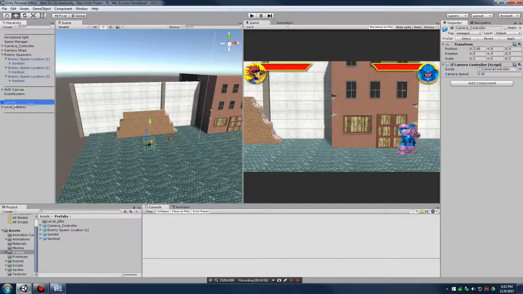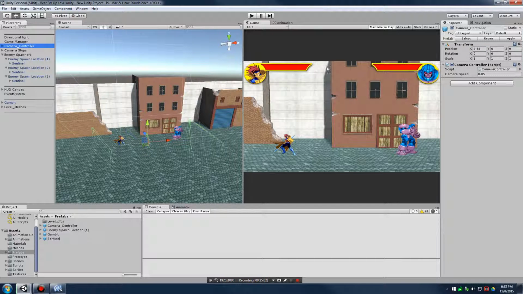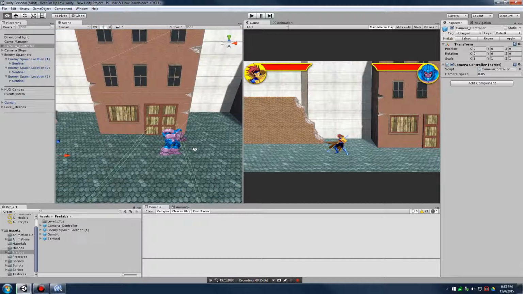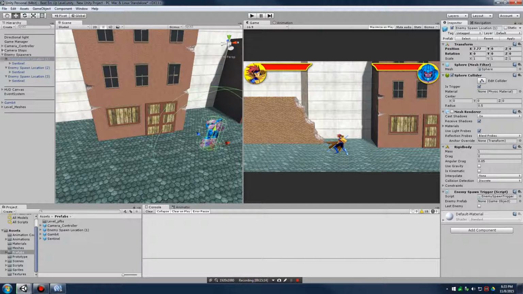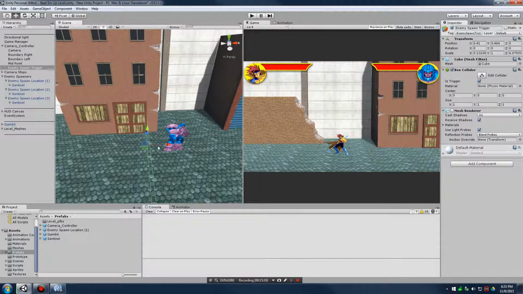So I'm going to go and make sure my gambit is set in a good spot. I'm just going to set him back to 0 here. And I'm going to take my camera controller and set it to 0 as well. You'll notice, though, that this enemy placement of the sentinel is kind of behind this wall. Make sure that whenever you're placing your enemies now, your enemy spawn trigger has the chance to kind of knock